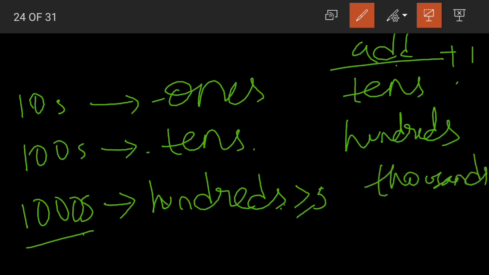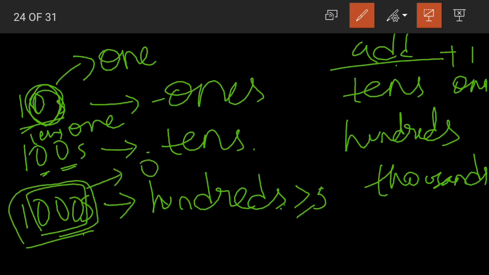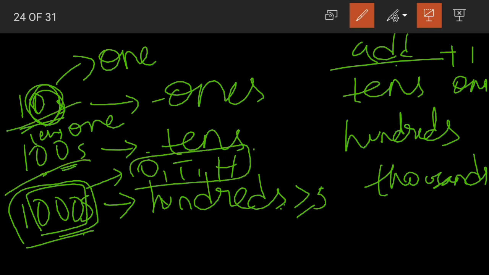So again, where do we place zeros here? We place zeros for tens. See, in tens we have only one 0, so we place 0 in the ones place, and in the number 100 we have zeros in ones and tens place. So even in the given number we replace the digits in tens and ones places with zeros. And coming to the number 1000, we have zeros in 3 places, that is ones, tens and hundreds. So even in the given question, we replace the digits in ones, tens and hundreds place by zeros. Is this clear, students? This is the gist of rounding off the numbers to tens, hundreds and thousands.